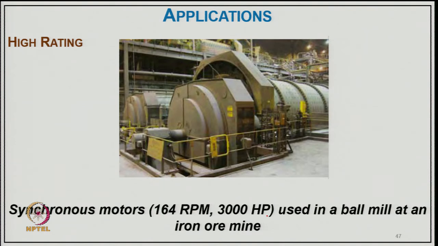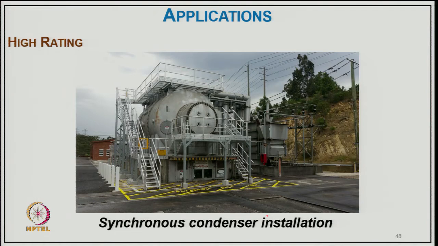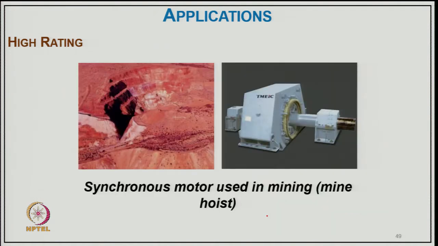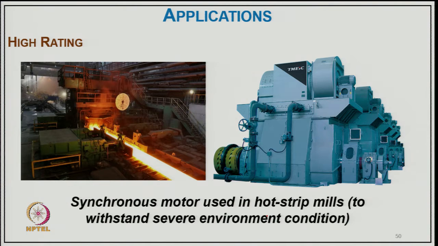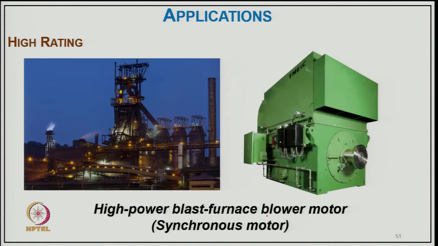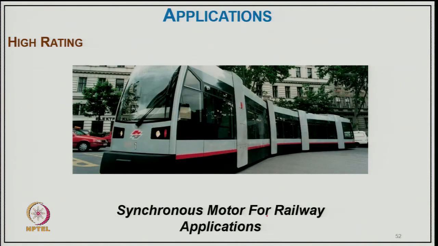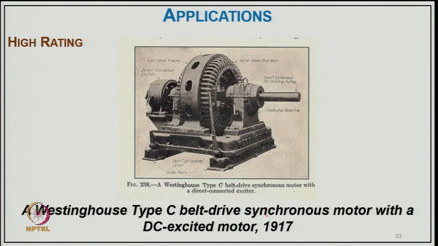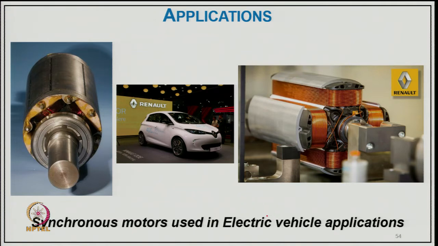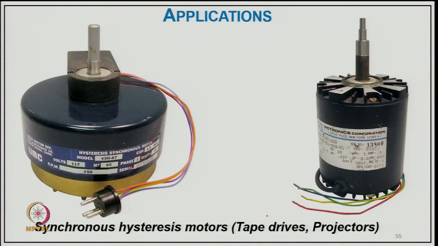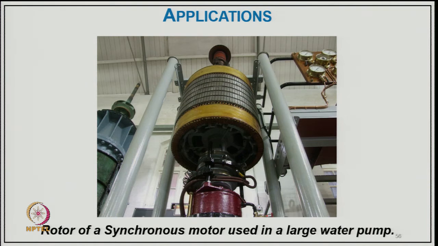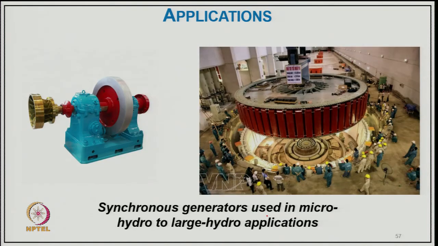So, synchronous motors 164 rpm 3000 horsepower used in ball mill at an iron ore mine, then synchronous condenser installation, and synchronous motor used in mining, especially mine hoist, then synchronous motor used in hot strip mill to withstand severe environmental conditions, then high speed blast furnace blower motor, synchronous motor, and synchronous motor for railway applications, then a Westinghouse bell type synchronous motor with DC excited motor typically in 1917, then synchronous motor used in electric vehicle applications, synchronous hysteresis motor type drive projectors,